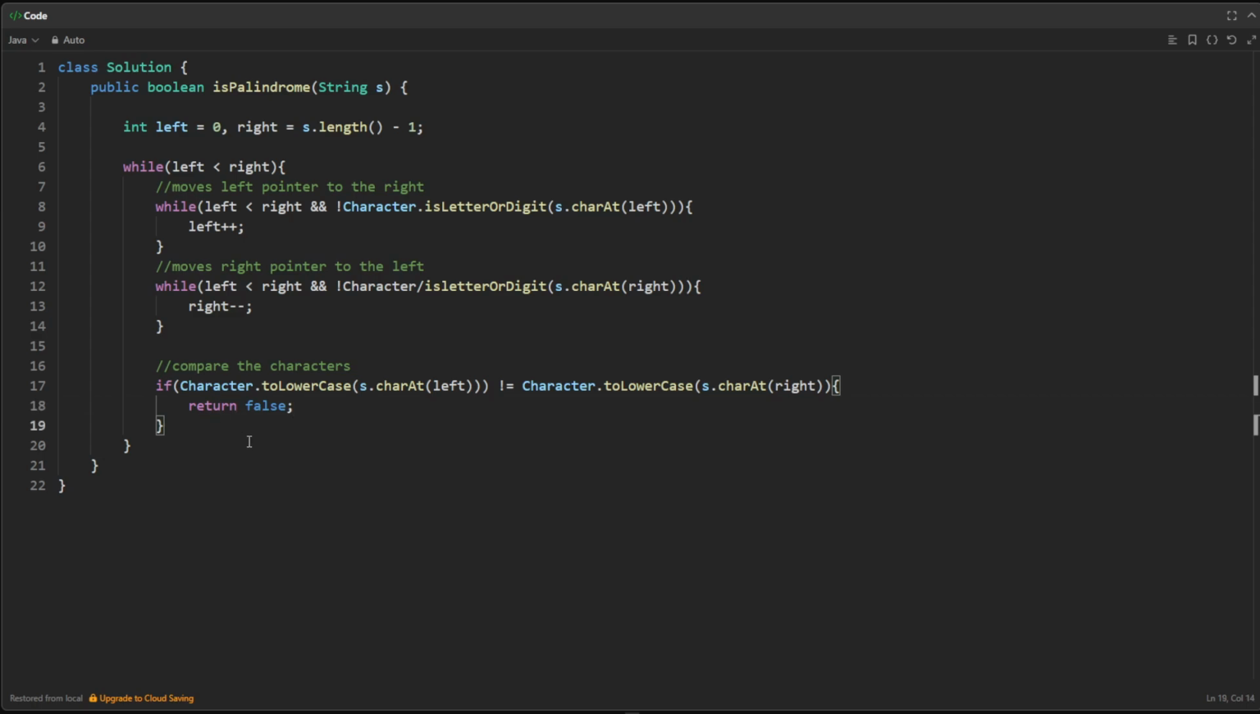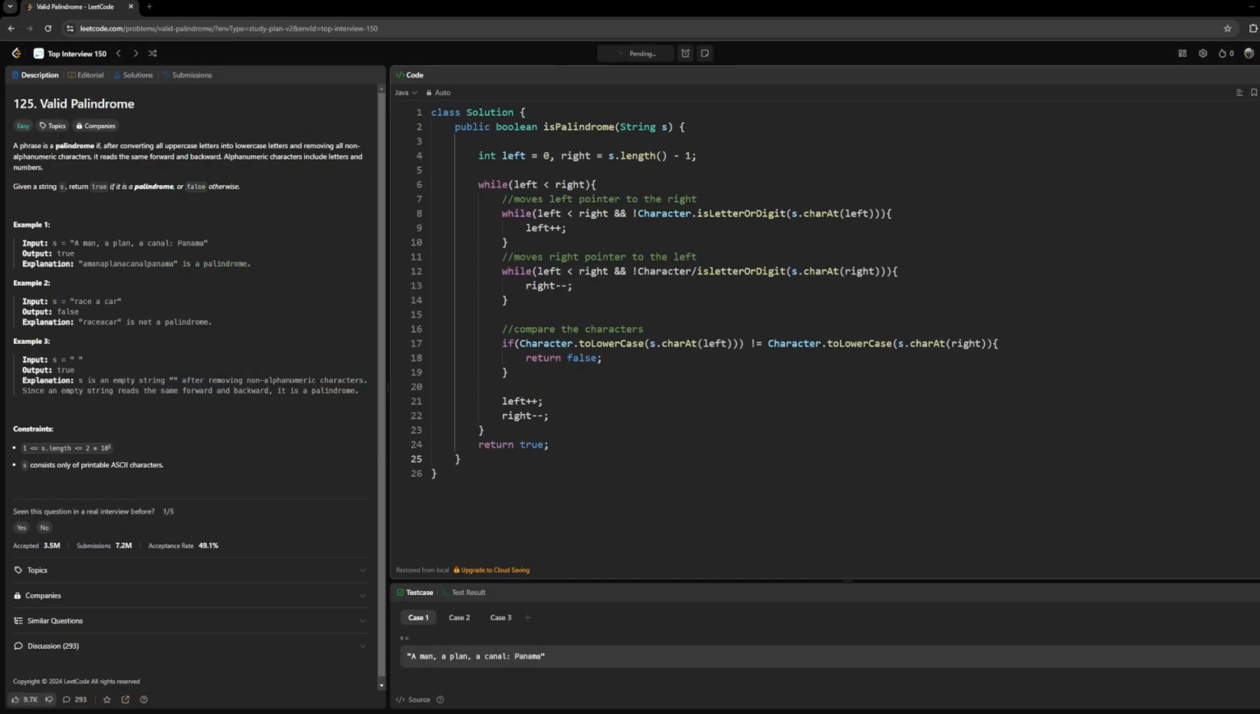Cool. After that, so this is just our comparison. If that's the case, we can move on. So we can do left increment by 1 and right decrement by 1, so we can move on to the next one. And so we can move these onto our next. And that should be it. So now we can return true. If this runs all the way through and we finish this while loop, we can then return true, which should give us,